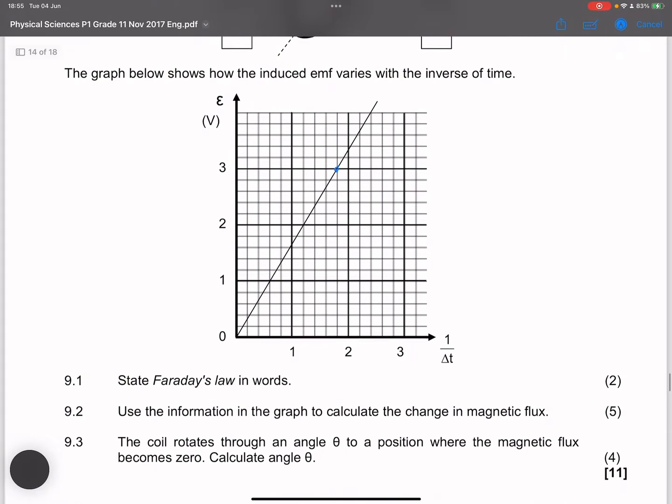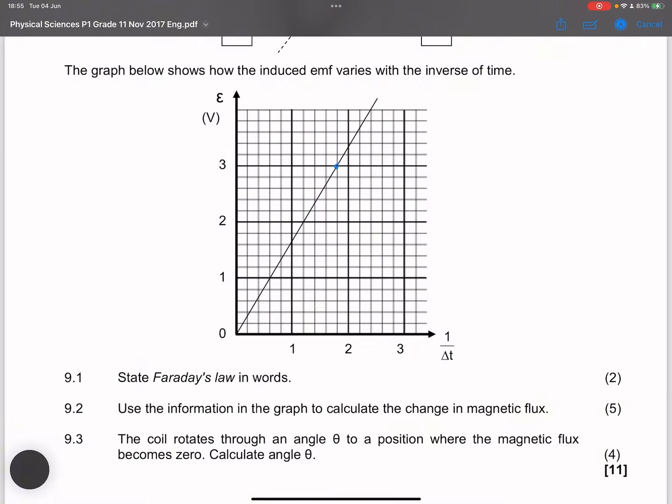The first thing is that they ask us to state Faraday's law in words. So remember, we say that the induced EMF is directly proportional to the rate of change of magnetic flux linkage. Please note that is the formal definition. Then the next question, they say use the information in the graph to calculate the change in magnetic flux. So let's use the